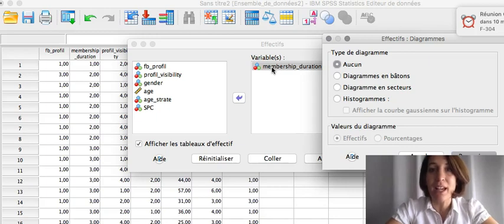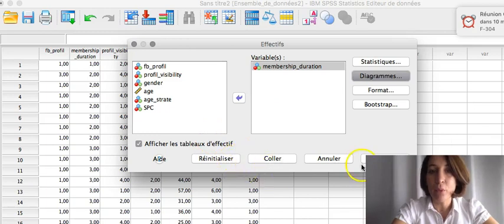So in this case, it's a categorical variable, and you cannot ask for a histogram, but you have the choice between the pie chart or the bar chart. In our case, let's say that we will ask for a pie chart, and you can ask for the frequency or the percentage. So let's say that percentage is better to have a better representation of your pie chart. We click OK,